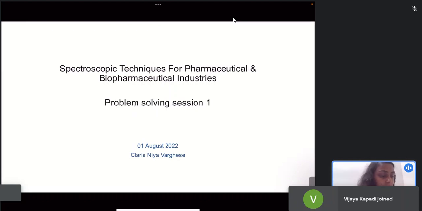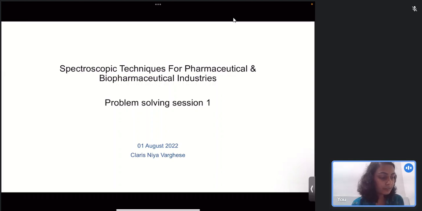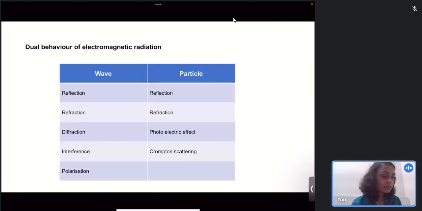In the lectures we had seen that spectroscopy is the study of interaction of light with matter. By light we mean electromagnetic radiations, and these electromagnetic radiations can exhibit dual behavior of wave and particle. The wave properties of electromagnetic radiation include reflection, refraction, diffraction, interference, and polarization, whereas the particle nature results in reflection, refraction, photoelectric effect, and Compton scattering. This has already been covered in the lecture. I'm just listing the different properties